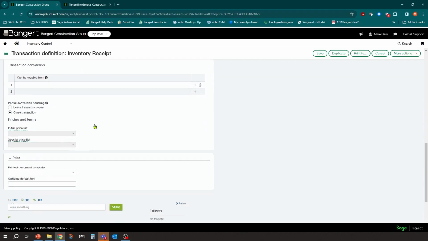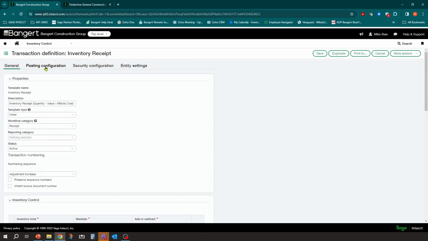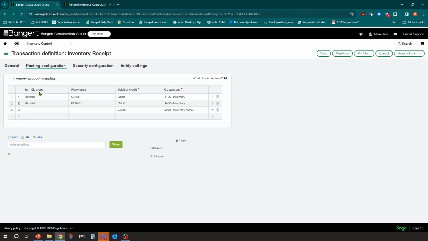And basically, when we go over to the posting configuration, if we have it checked off to post to general ledger, this is where we can elect to say whenever it's for this item group, it's going to make a debit into the inventory account. If you had multiple warehouses, you could have multiple inventory accounts as well. And in this case, it's going to post to an inventory payable account because, again, we may be putting in an AP bill later on, and that AP bill, we don't want to hit inventory again if we've already done it here.